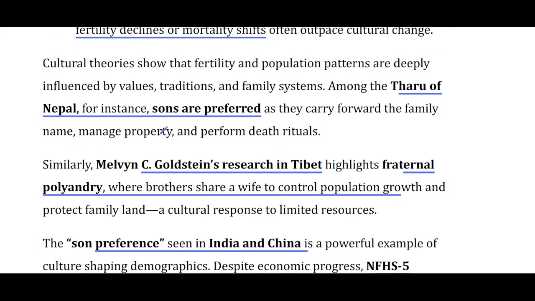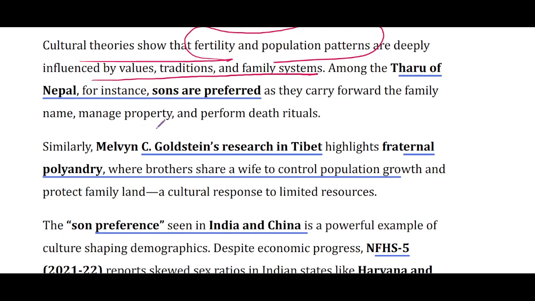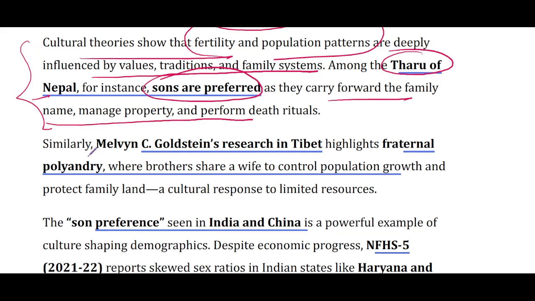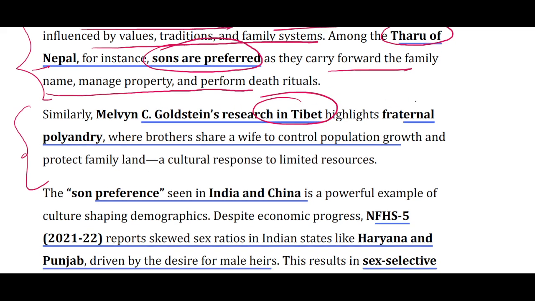Now the example, so cultural theories show that fertility and population patterns are influenced by cultural norms. So in the Tharus of Nepal, sons are preferred because they carry forward the family name, manage property and perform death rituals. Similarly, Melvyn Goldstein researched in Tibet and highlighted fraternal polyandry. It was practiced there where brothers share a common wife, and this was one of the ways to control